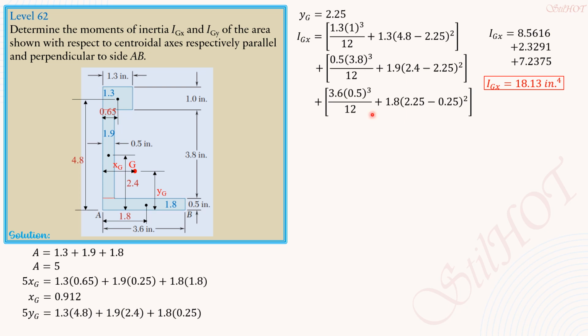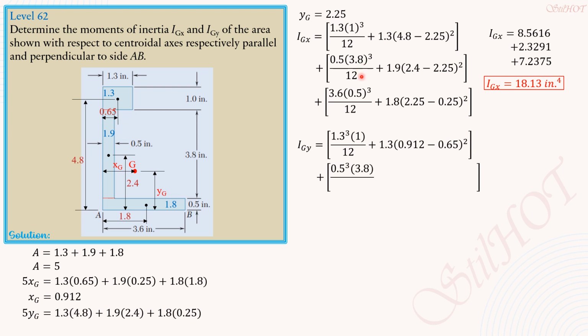Likewise for IGY, we just interchange the quantity that is cubed here, and the distance would be delta x. So IGY equals 1.3 cubed times 1 over 12 plus area 1.3 times distance xg minus 0.65, quantity squared. xg is 0.912 minus 0.65. So the horizontal distance between that axis and this axis is 0.912 minus 0.65. Then plus